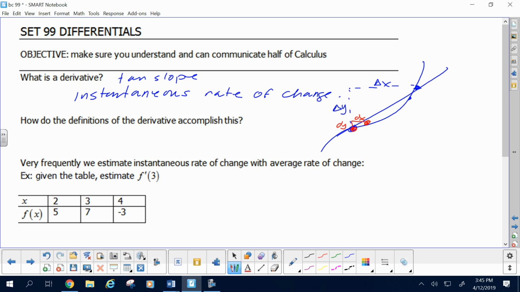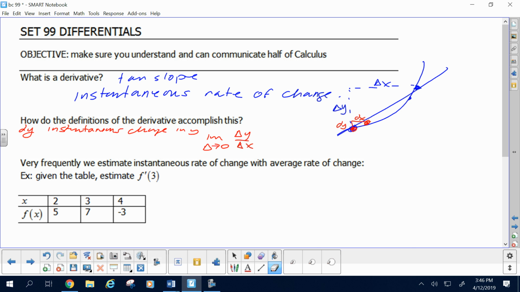Those are differentials. dy is an instantaneous change in y. The definition of the derivative takes that delta y over delta x, or the slope, and takes the points closer and closer together through a limit as delta, or the change, goes to 0. Now that's done in a couple different ways, but the inside of the definition of the derivative is usually some kind of slope